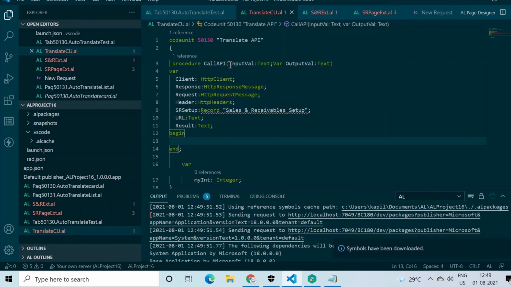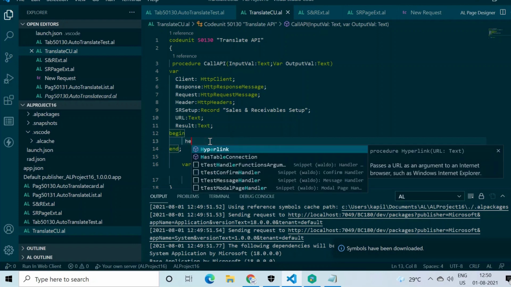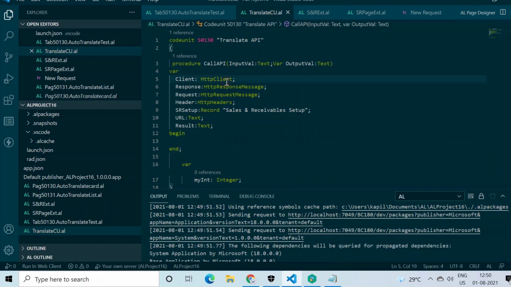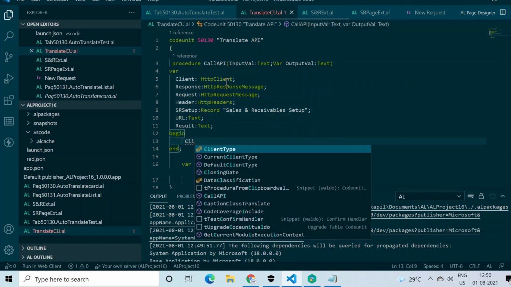Okay, symbols are downloaded and no problem in it. So it's not suggesting, like we have made any mistake in initializing our variables. Let's type it again. Client